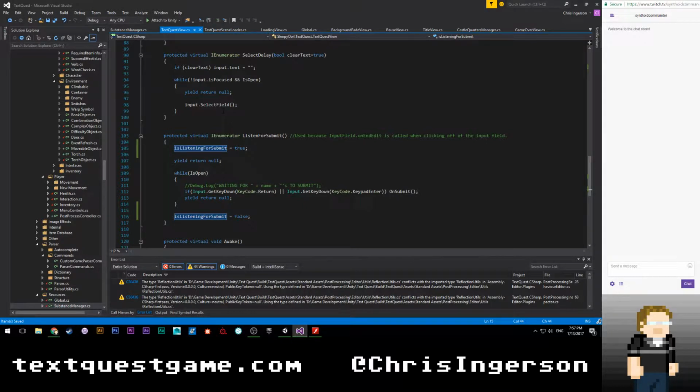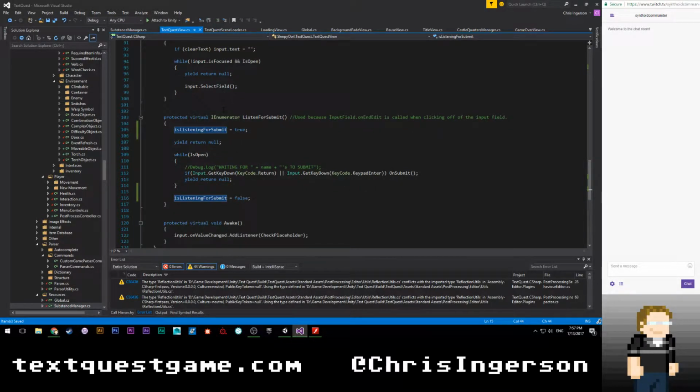Text quest view. Maybe I should say while is open and is listening for submit. No, that won't work. Okay. Crap. I need another way to basically stop this.